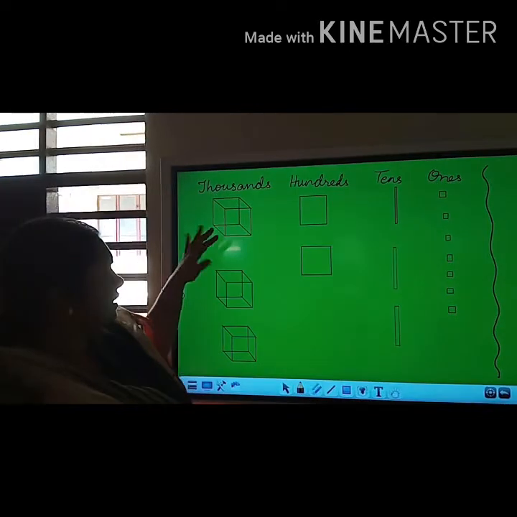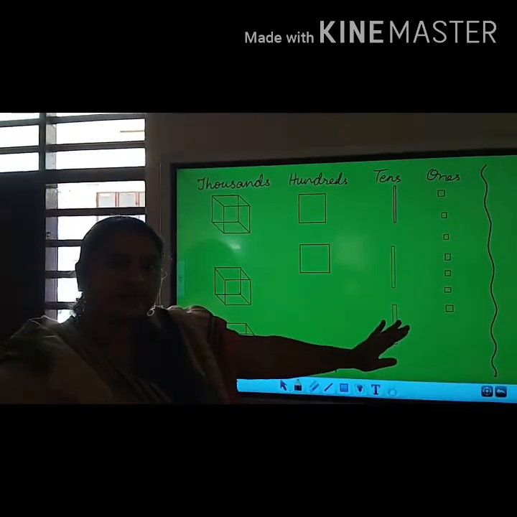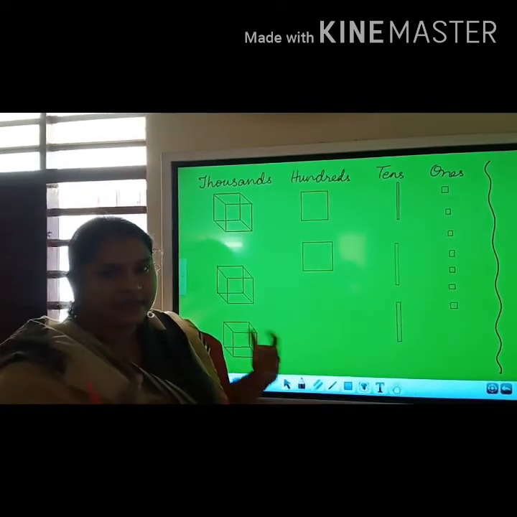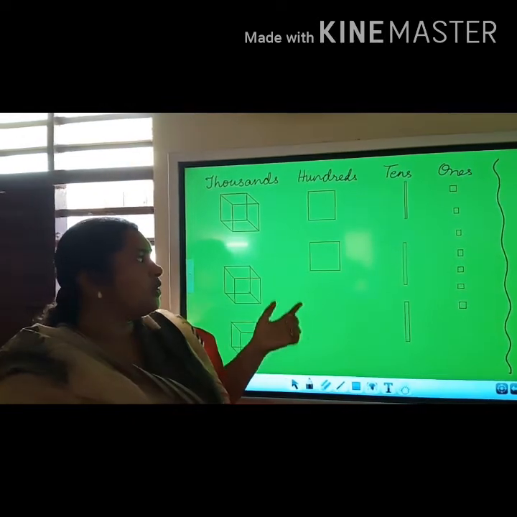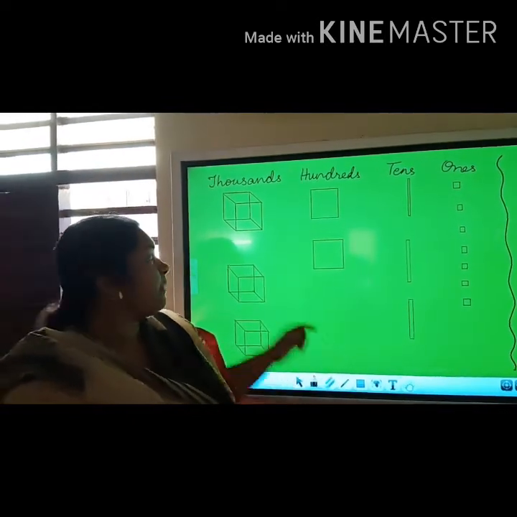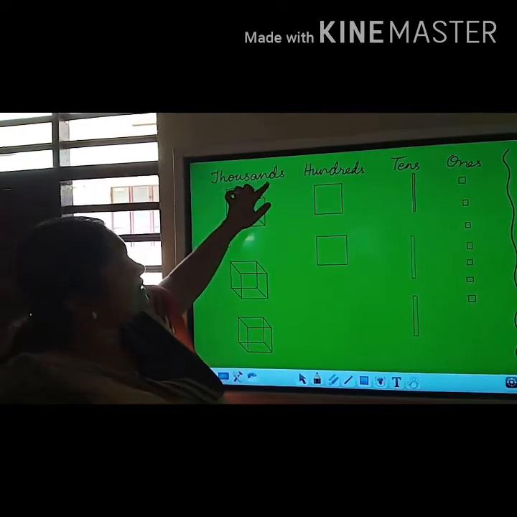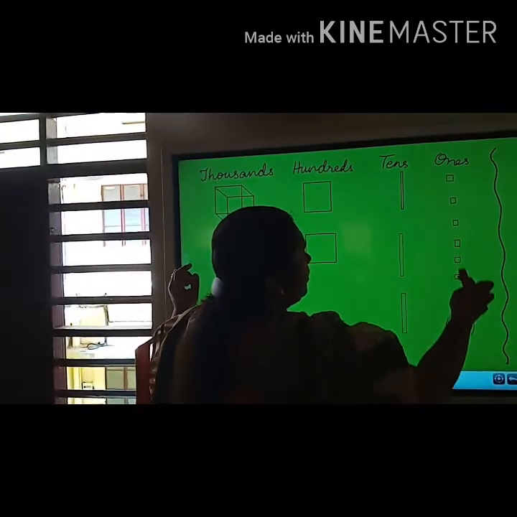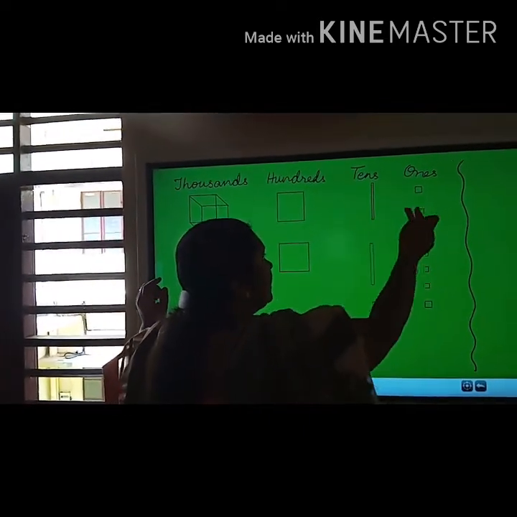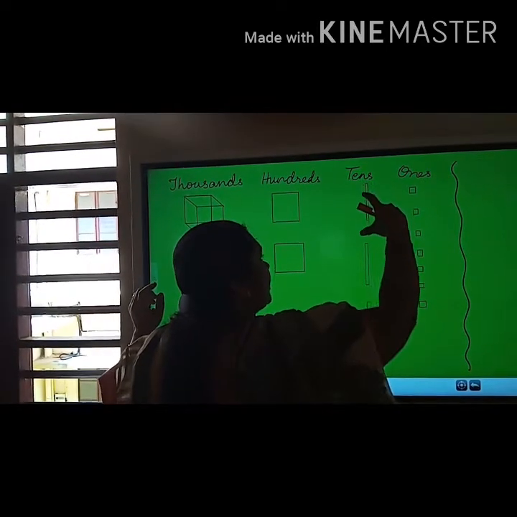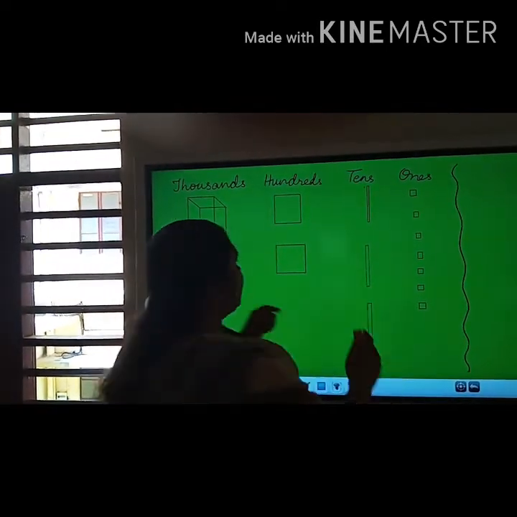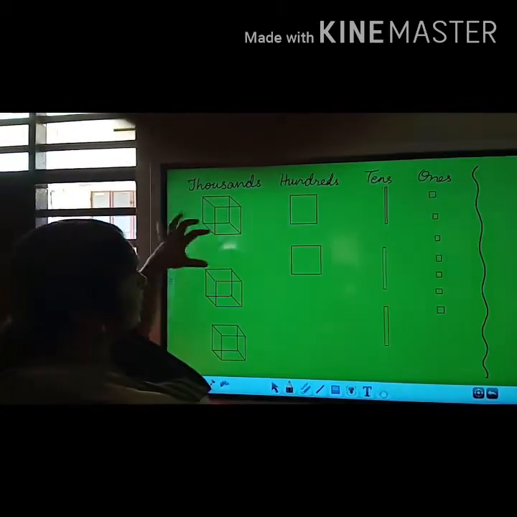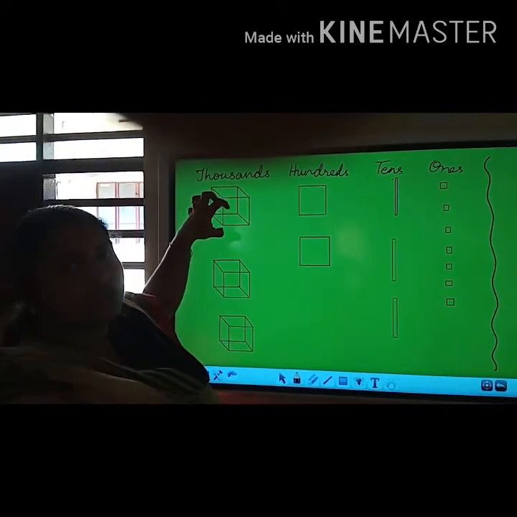Children, here some pictures are given. That is actually given in your textbook. I did not introduce that in my class, so I am thinking of giving you this video. This part is called 1000. That is, we have 10. This is all one small box. Here, 10 ones are kept together to form tens. 10 tens form hundreds, and 10 hundreds are kept together to form 1000.